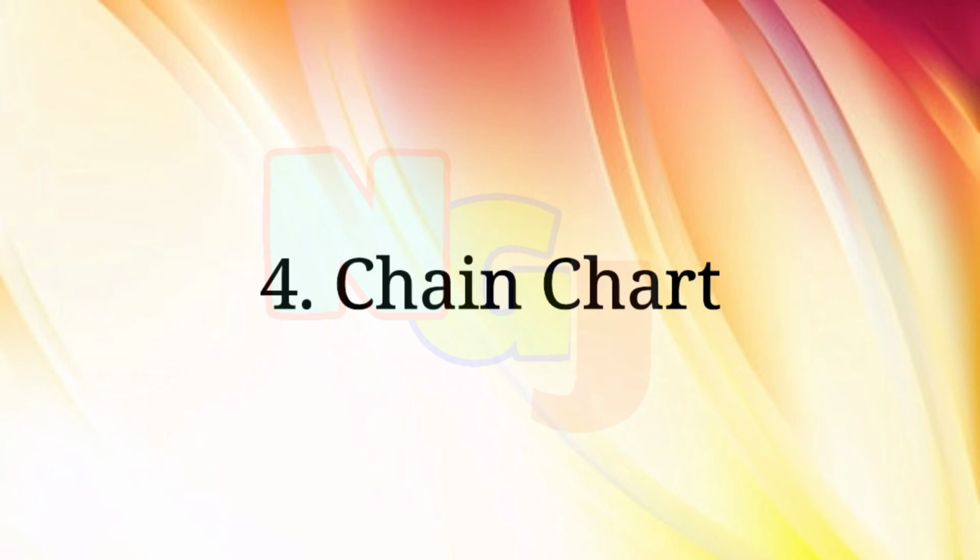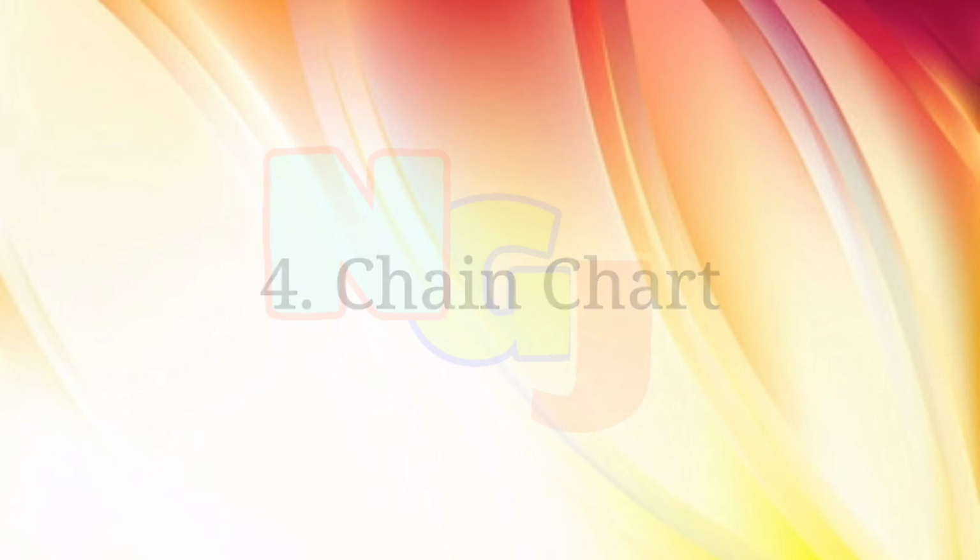If you are representing anything in a circular or a semicircular form, then that chart is called a chain chart. You might have arranged the facts and the ideas from left to right, from top to bottom, in a circular manner, but you may not have known the names of these charts. Hence, you should know what type of chart you are using when you are doing the chart.